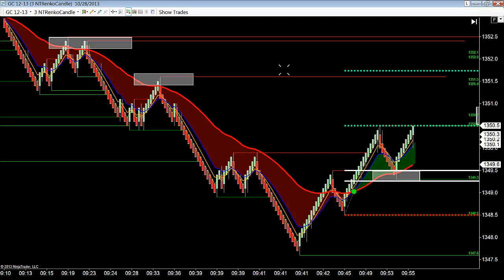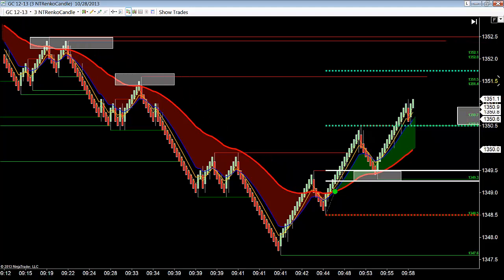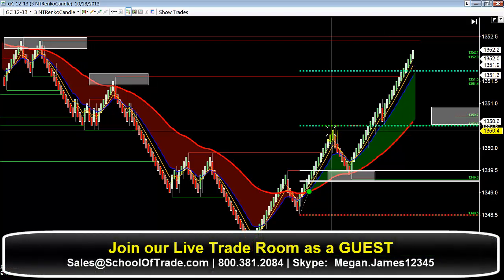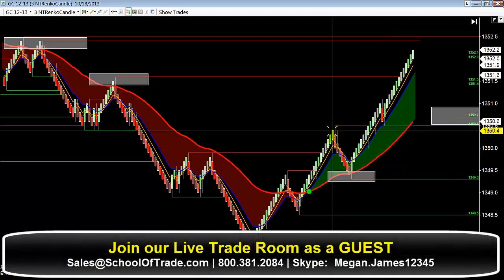So again, there's your first pattern. Very simple. We place limit orders. We take reversal entries. There's your first target. And of course, your second target will be up top. Move that stop to point of entry once you get your first target filled. Now, we go up. Oh, there's a second green line. There's your second target. Look again. I thought you might want to look again.